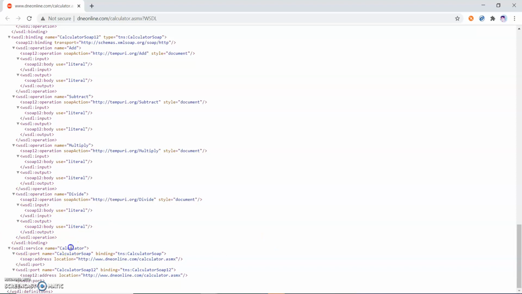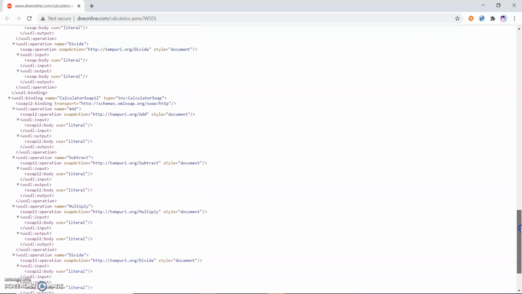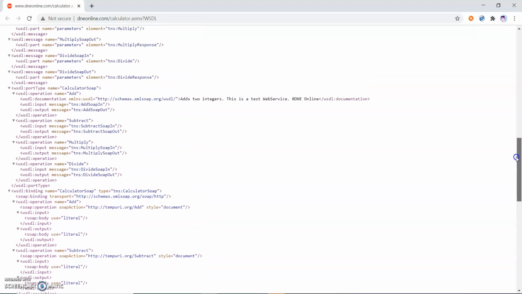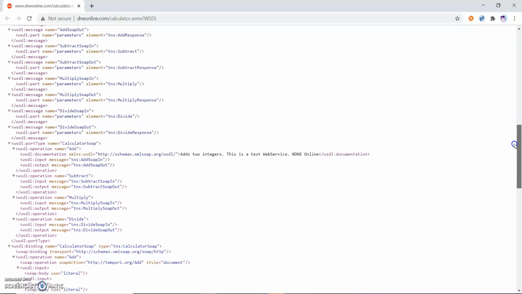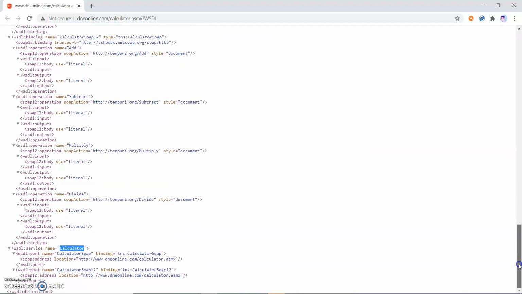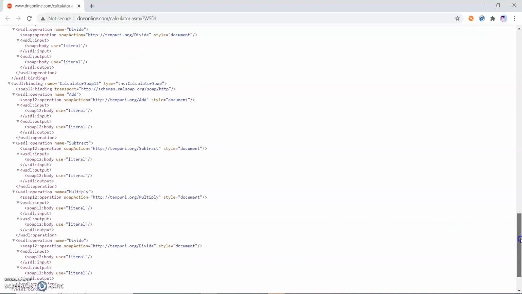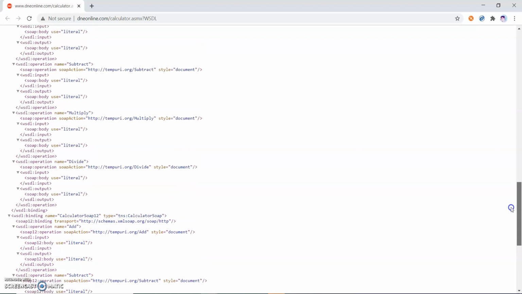So this is the web service name. My web service name is WSDL service equal to calculator. So this is my one service, a calculator, and what are the different methods I'm using? So it is here. In this you can see there are different methods being used. So let me see this calculator web service, and there is a calculator SOAP binding over here. So I have to search calculator SOAP.